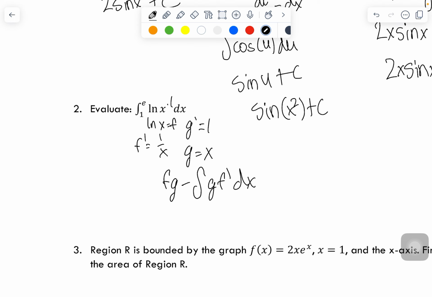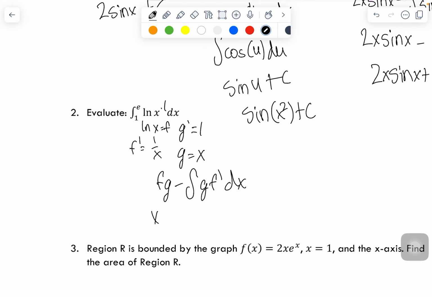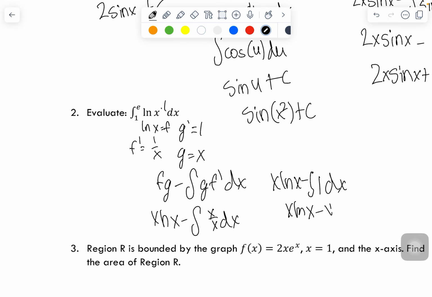So f times g is x ln x minus the integral of g times f prime, which is x over x dx. So x ln x minus the integral of 1, which is x ln x minus x